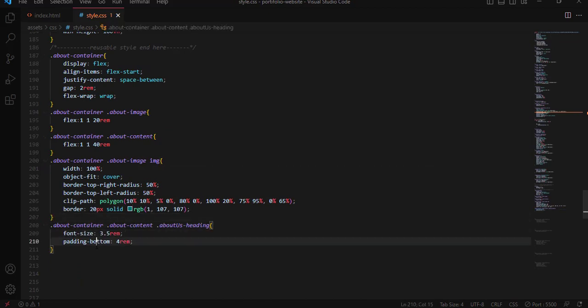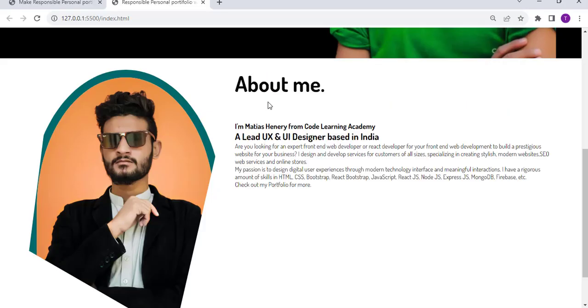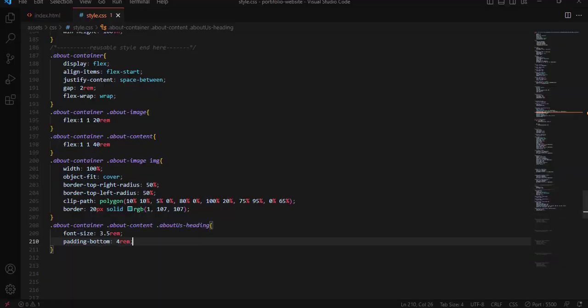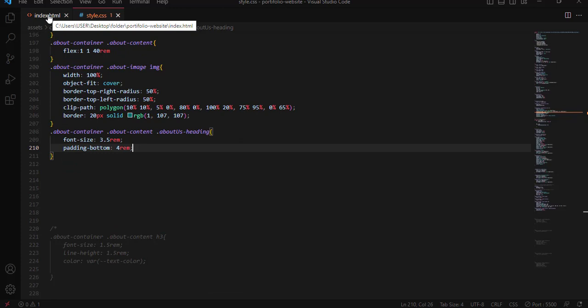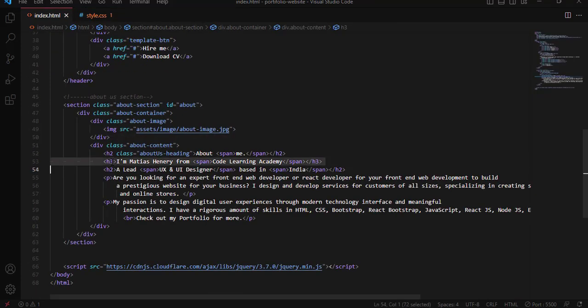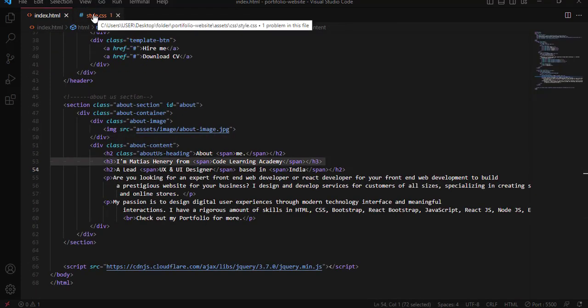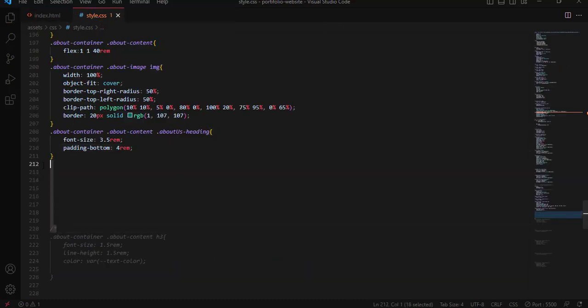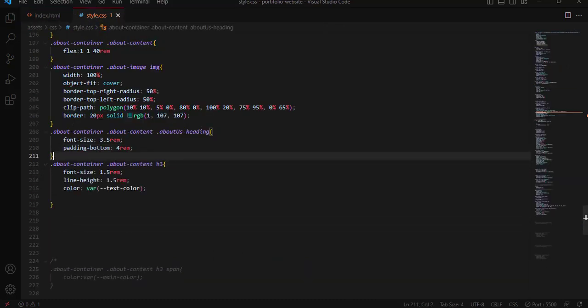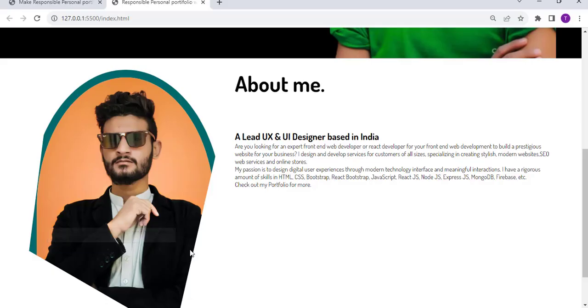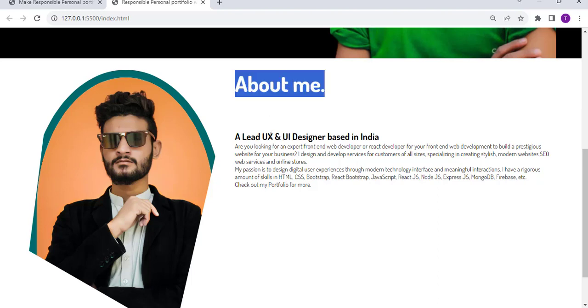Now, using this class selector about us heading, font size we have, and padding we have right here. After that again, using this element selector, let me style the h3 element right here, the text which is found inside the h3 element. So here we have font size 1.5 rem and line height 1.5 rem, and color we have a text color right here, which is white. After that, when I save and refresh, you see,